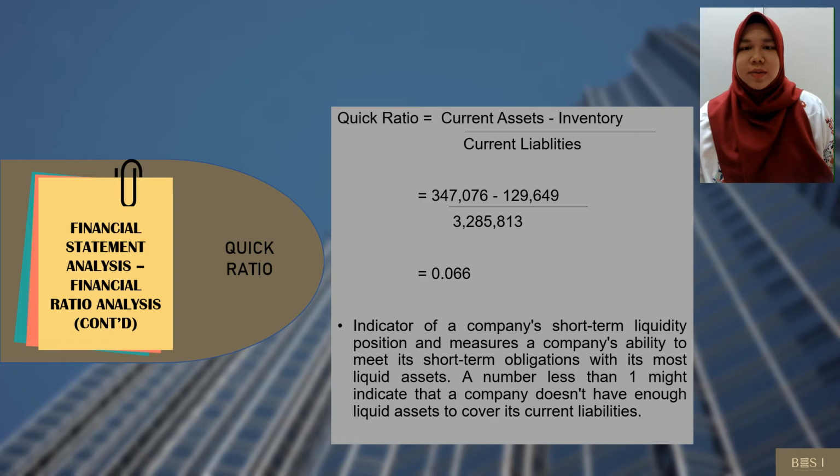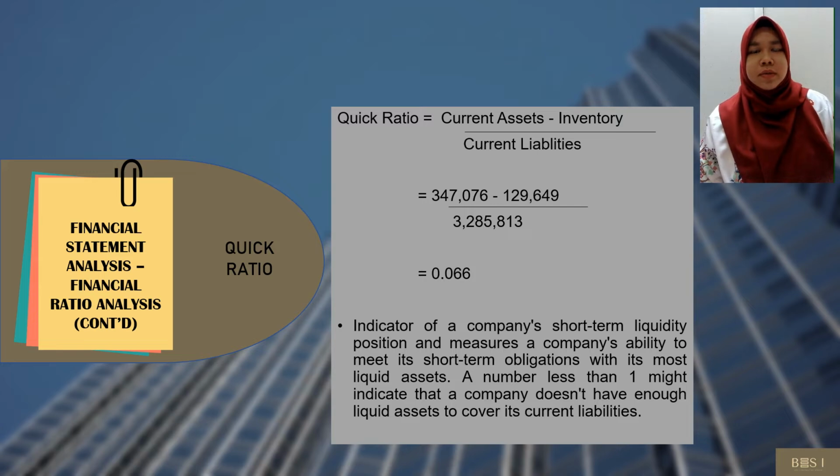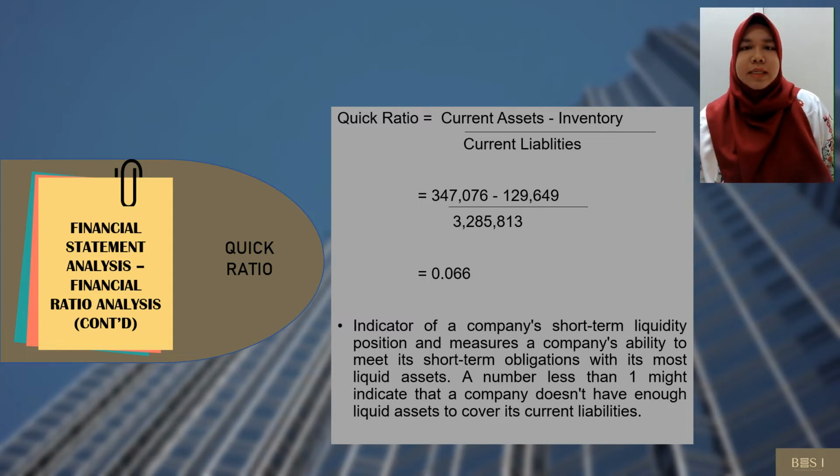The second ratio is quick ratio. It's also known as acid test ratio. The formula for this ratio is current asset minus inventory divided by current liability. The calculation shows a result of 0.066, an indicator of a company's short-term liquidity position, which measures a company's ability to meet its short-term obligation with its most liquid asset. A number less than 1 might indicate that a company doesn't have enough liquid asset to cover its current liability. In 2016, Besico had only 7 cents of liquid asset for every ringgit of liabilities, due to fewer liquid assets than liabilities. It is also because of slow sales from the steel